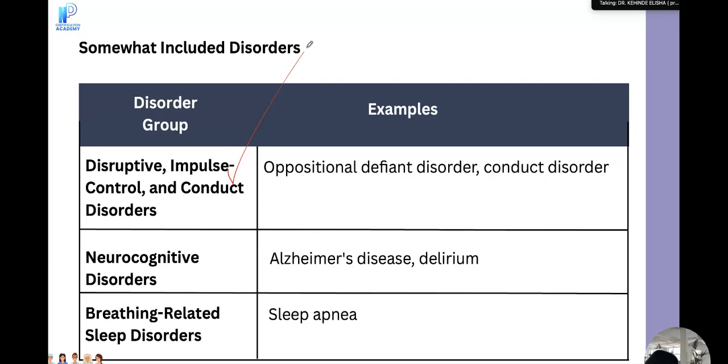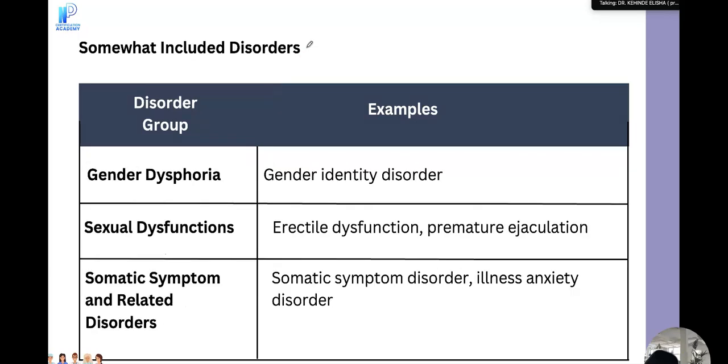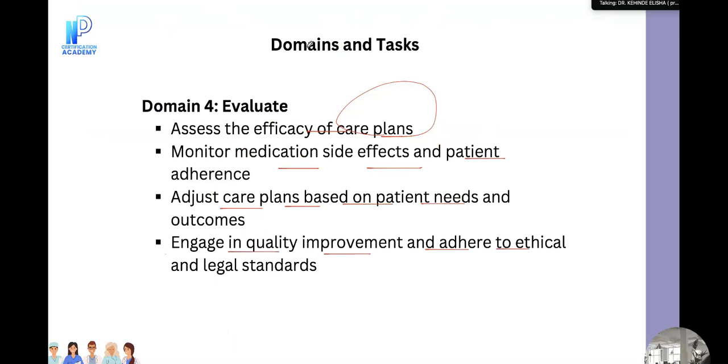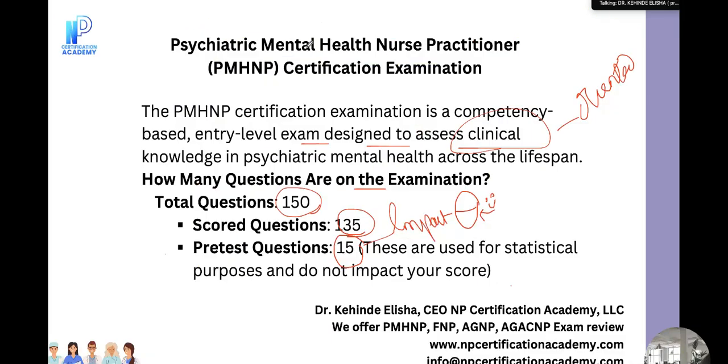Neurocognitive disorder, Alzheimer's, delirium. Do you know how to separate them? What about your breathing related and sleep disorders will be on your exam. Gender dysphoria, sexual dysfunctions, somatic symptom related disorders will all be on your exam. Feeding and eating disorder is somewhat, so you can't say it is not going to be on there. All right. So that is pretty much it for the exam content outline for